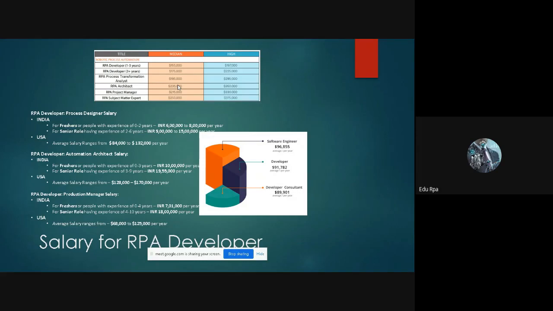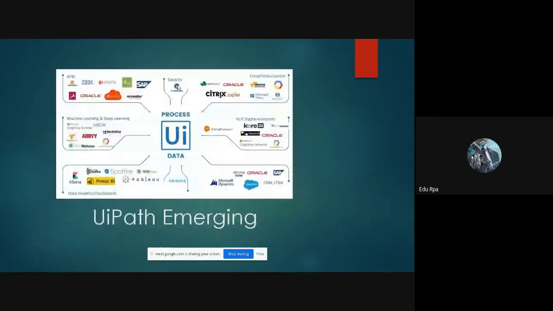Then next, UiPath is emerging. These are all the technologies that we are now integrating with UiPath: SAP, Oracle, Office 365, then IBM. Then the machine learning tools. Machine learning tools means machine learning, ABBYY FlexiCapture, IBM Watson,